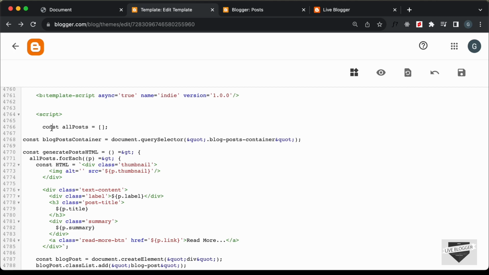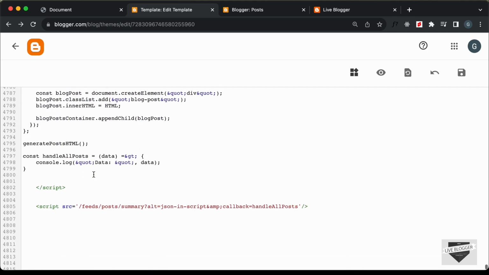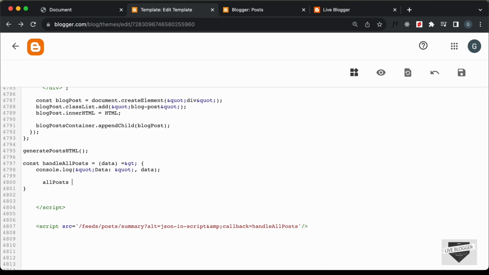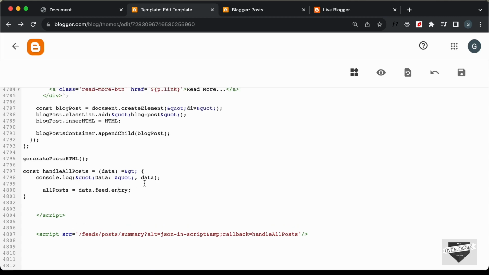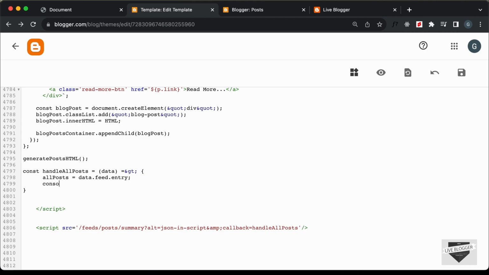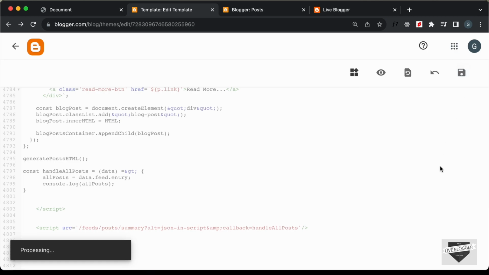I'll just change this to let. So here we have this empty array called allPosts, and let's store the data. So here let's type allPosts = data.feed.entry. So here we are getting the data, and in that we have feed, and in the feed we have entry, and we are storing that inside our allPosts array. So I'll just console.log it over here. So I'll just cut this from here, and here let's type console.log(allPosts), and if I save this,